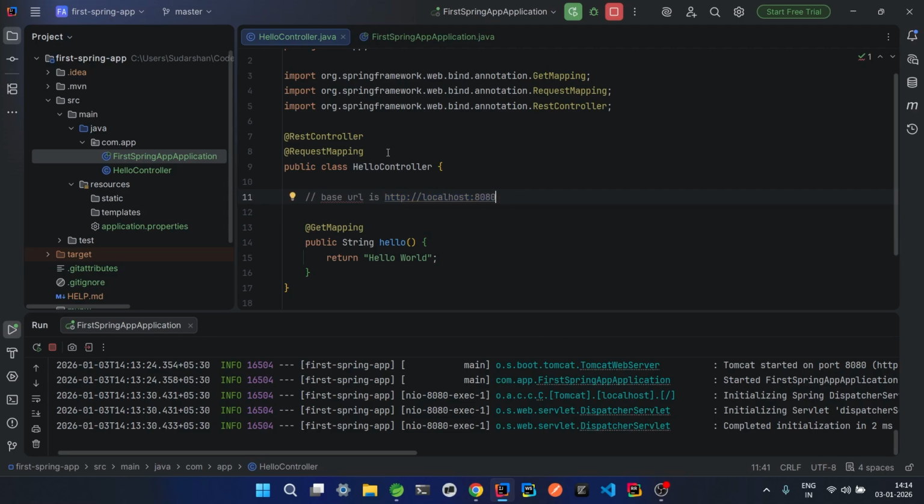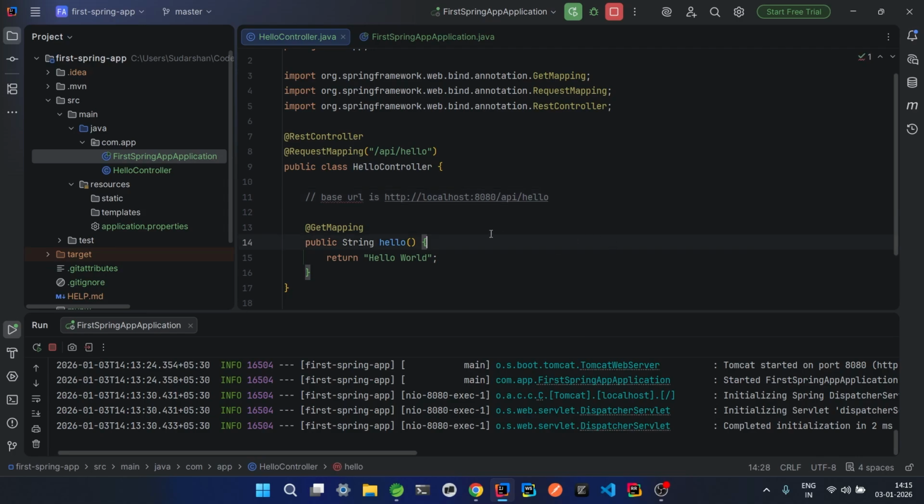Now, whenever you write a controller, depending on what URL you put, it gets appended here. Right now we have not put any URL here, so after this nothing comes, and on this base we are able to access this Hello World. But if we change it back to /API/hello, and we want to send a request to this controller, the base URL for the whole application is this, but for this controller, it is